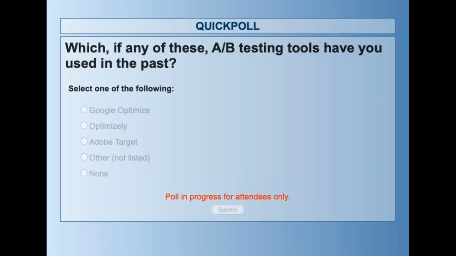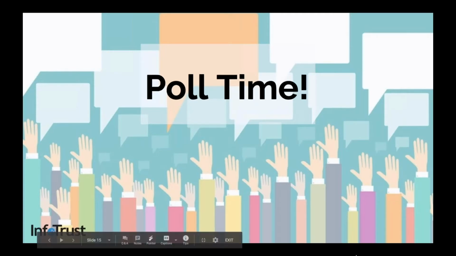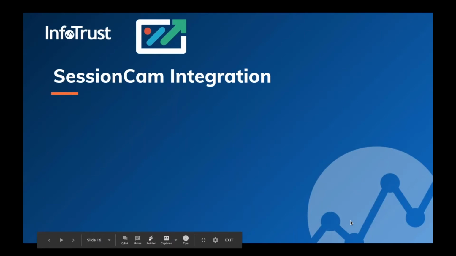All right, it looks like most of you have responded. Most of you are currently using or have used some type of A/B testing tool in the past. Lots of people using Google Optimize and some people using Optimizely. All right, so I will pass it to James to talk a little bit about some of the A/B testing